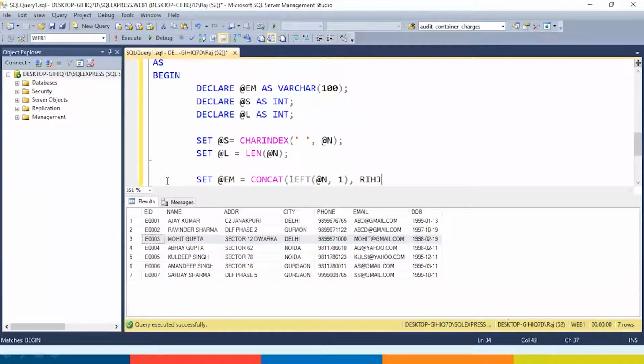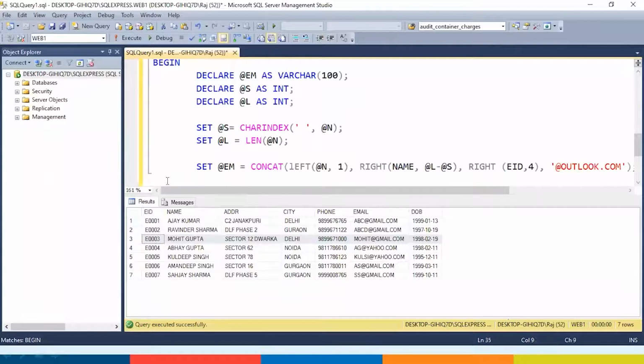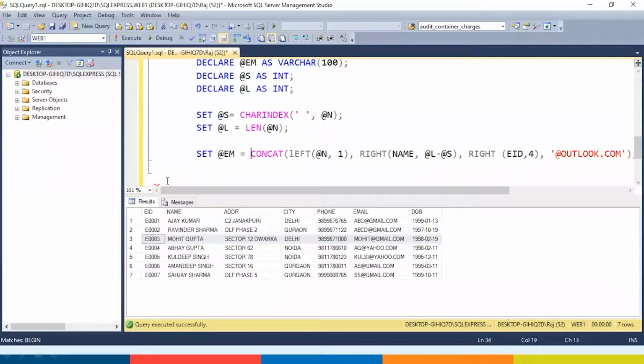So I can say right of name comma @l minus @s, comma last 4 digits of the employee ID. So I will say right of ID comma 4 comma @outlook.com, and let me make it upper also.